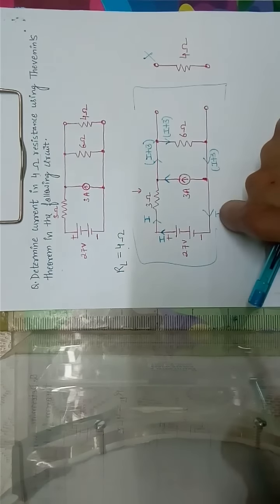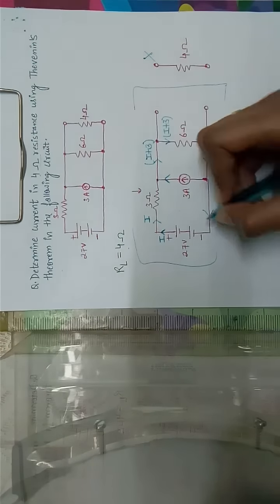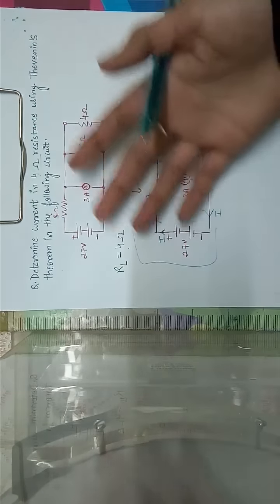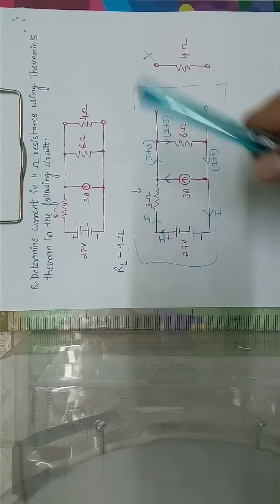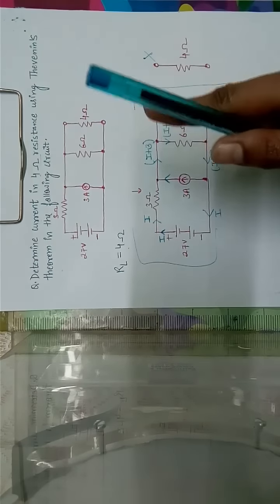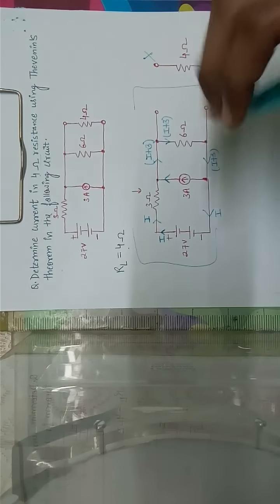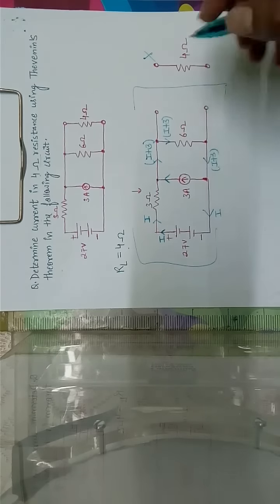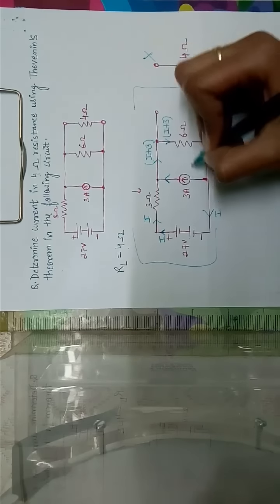Over here that's I. Now see, the next step is to determine the equation which will be formed. Now over here we can see that because the same current I flows in the whole circuit, we need just one equation to solve the problem. So the equation will be, now we can apply KVL in any of the loops, but we would preferably want to do it in this loop,